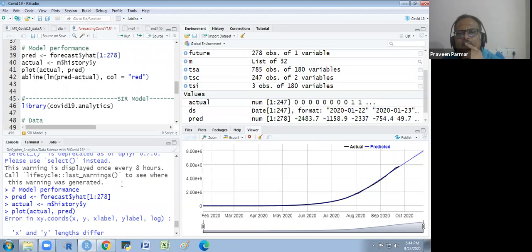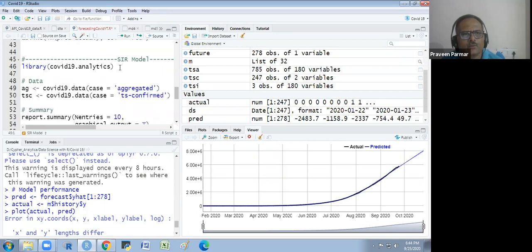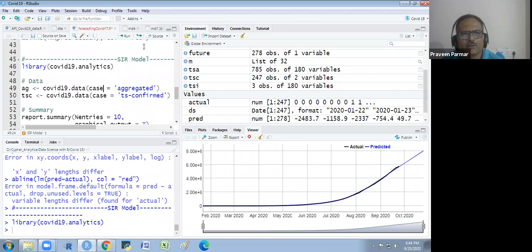The two variables where we are using the forecast, 278. Okay, that's no problem, I will use it. I will show here.